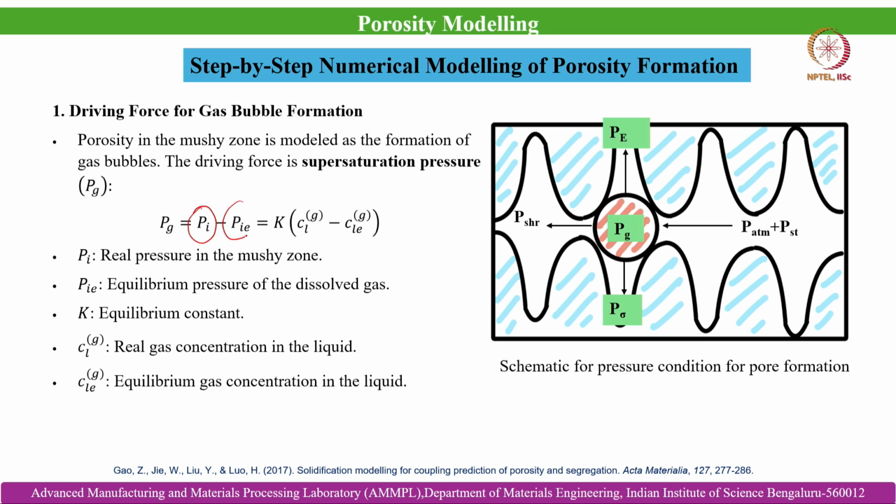Pi minus Pie. So, what is Pi? Here Pi is the real pressure of the gas in the mushy zone, and Pie is the equilibrium pressure of the dissolved gas in the mushy zone, equal to K, the equilibrium constant, times Clg, the real gas concentration in the liquid, minus the equilibrium gas concentration in the liquid melt. This is how we can determine the value of the supersaturation pressure, which is the driving force,